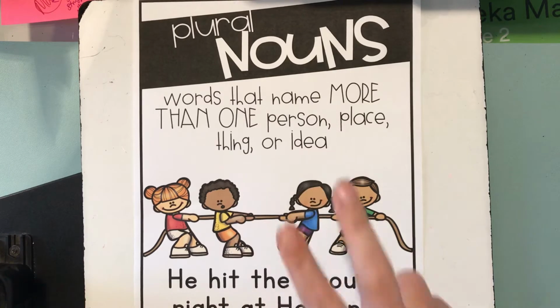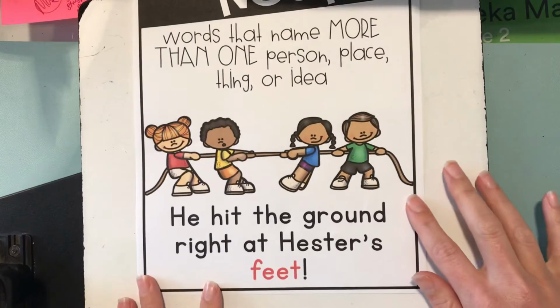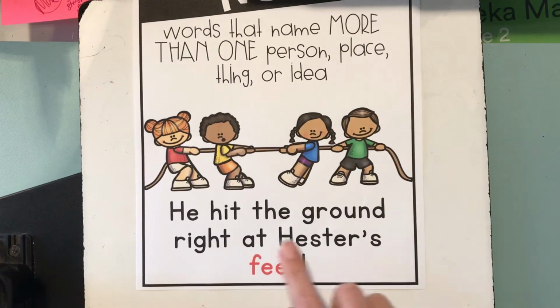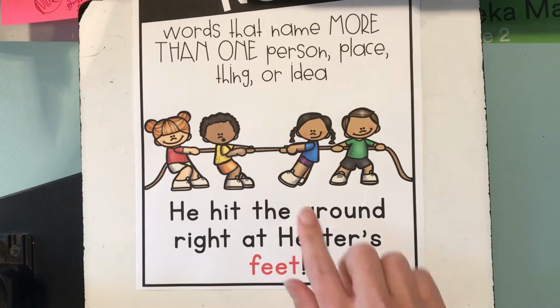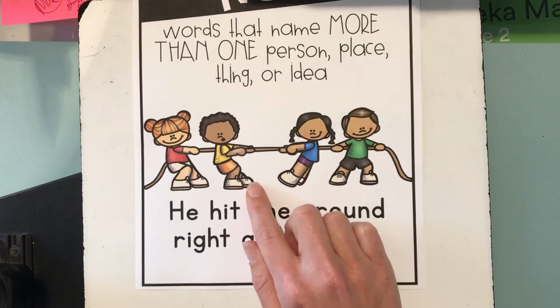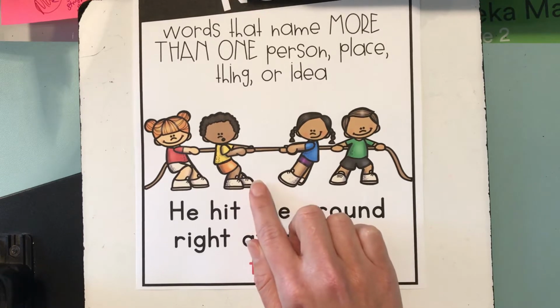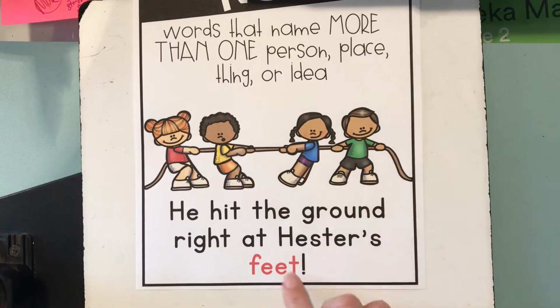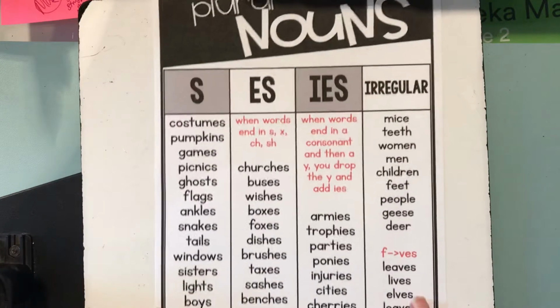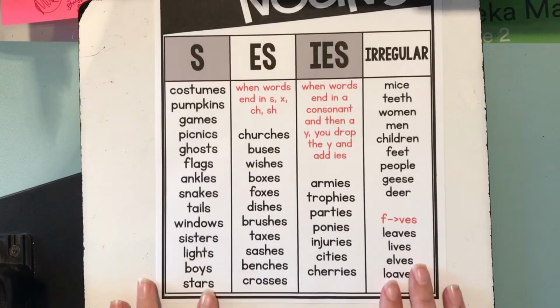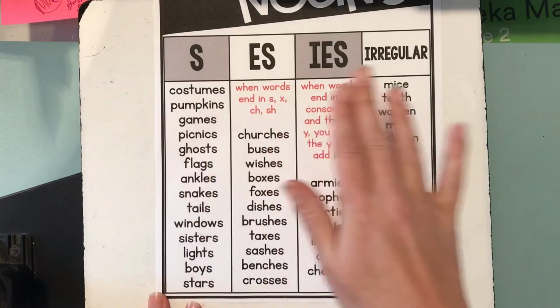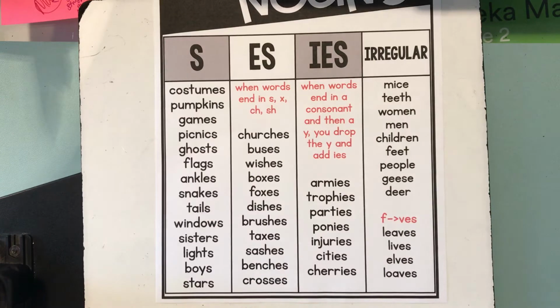So more than one. Okay, their example down here says, he hit the ground right at Hester's feet. Feet meaning more than one foot, right? There's two feet. And that's actually called an irregular plural noun, which we're going to learn right now. So there are four different ways that we will be changing nouns into plural nouns